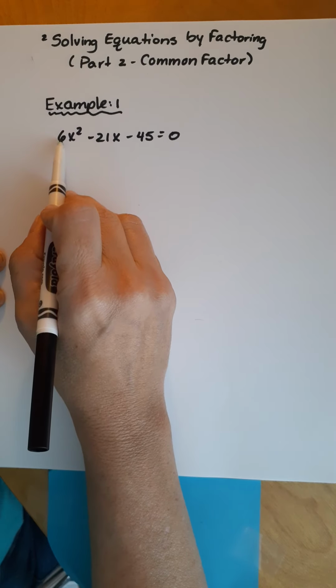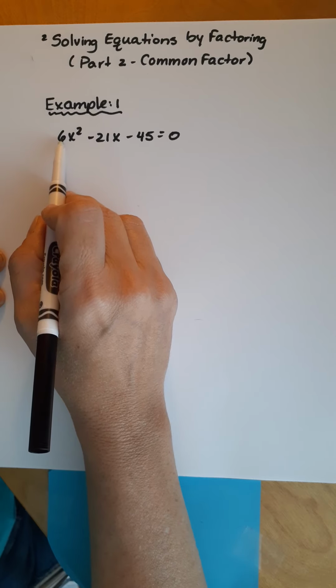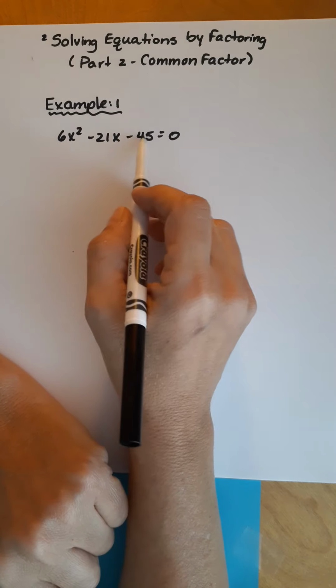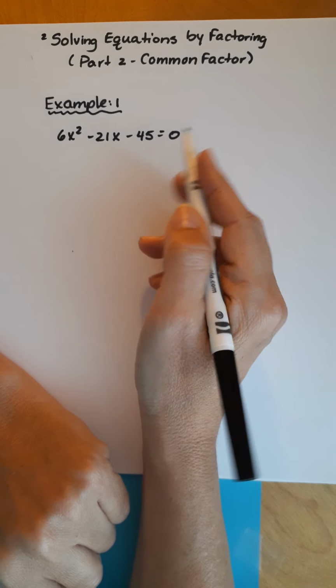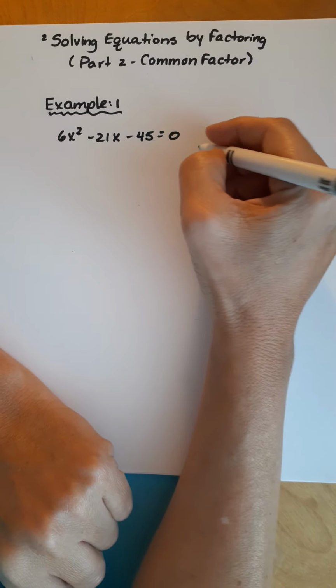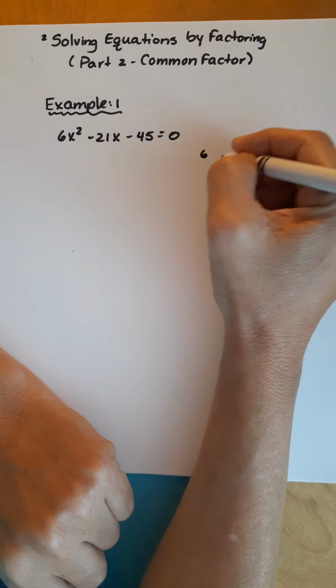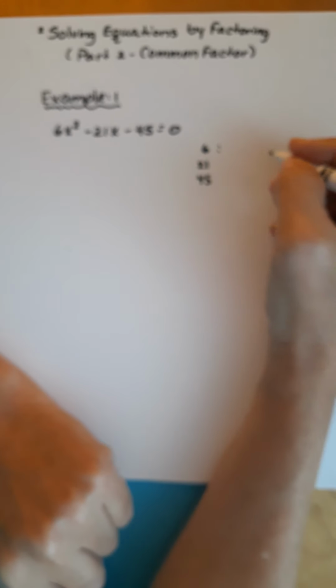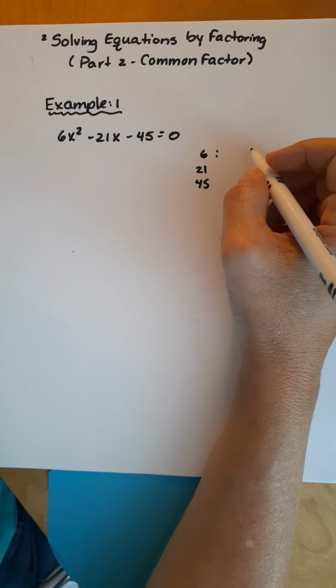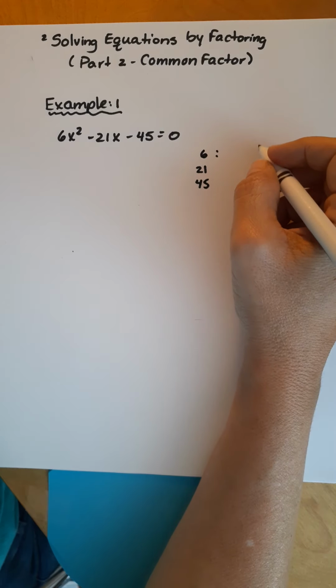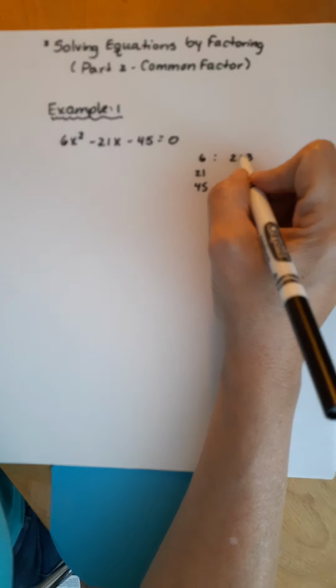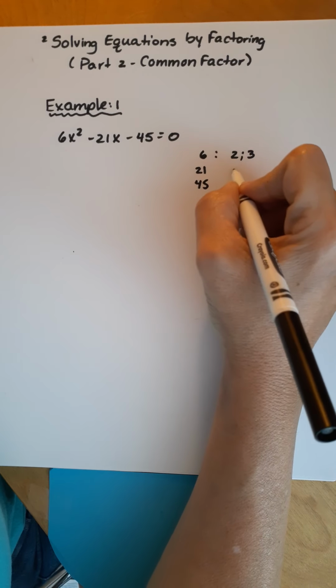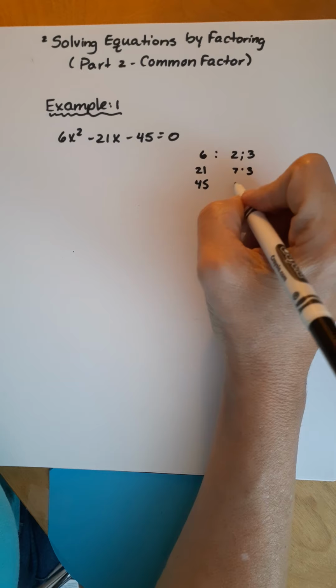Now, this is not 1 in front or no number in front, so we have to try to see what common factors each of these terms have. And probably the easiest way to do that is to list them. So we're going to write 6 and 21 and 45. Now let's try to think about what times what is 6, right? We have 1 and 6, and we have 2 and 3. I'm going to think of 2 and 3, and 2 times 3 is going to give me 6. 21 is 7 times 3. And 45 is